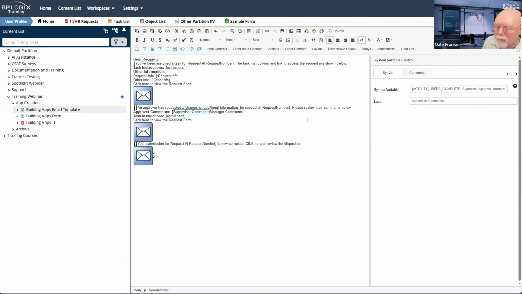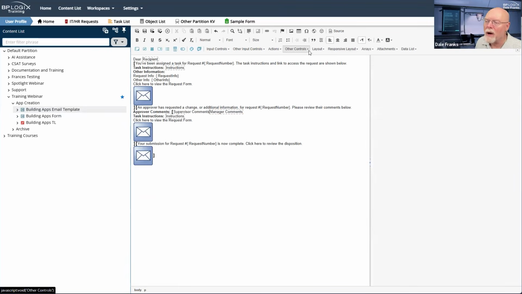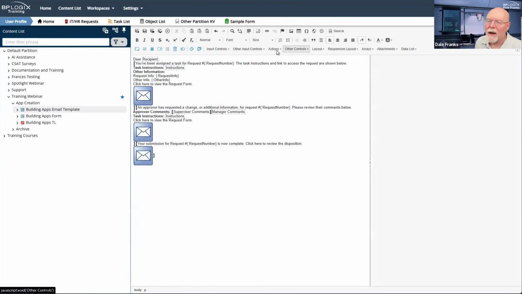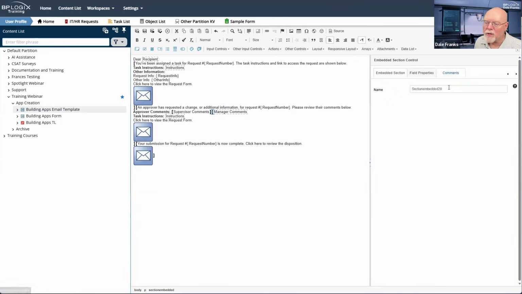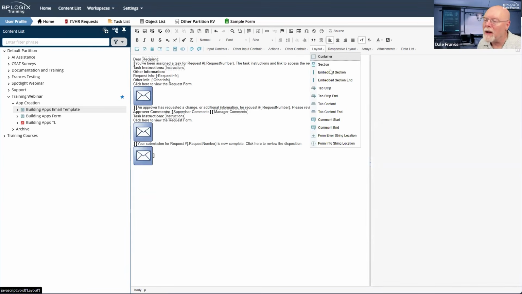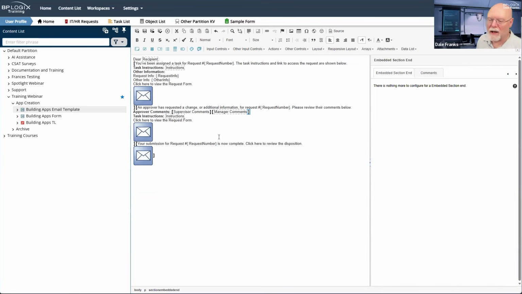And then we'll have to come between these two controls and drop in an embedded section end and an embedded section control that we are going to call section manager comments. And then at the very end there, we are going to drop in an embedded section end control.